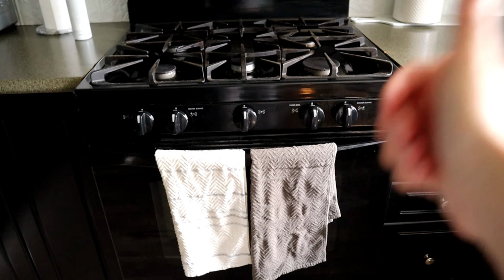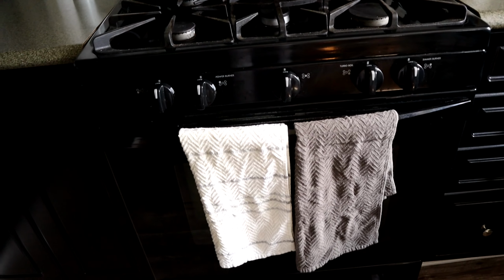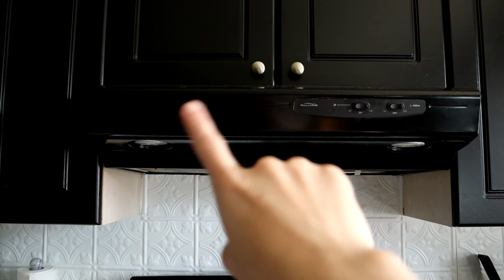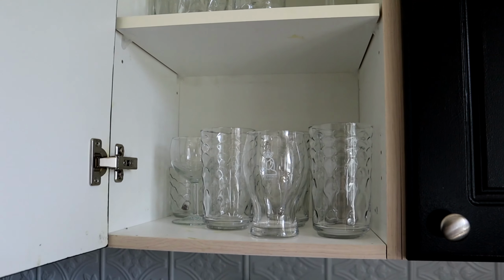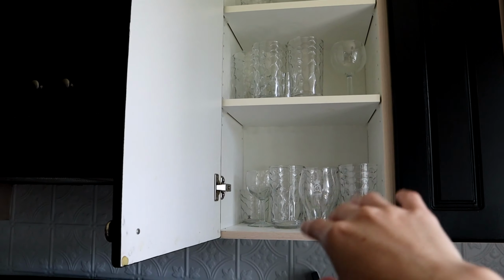There we go, a nice quick clean on the oven. I also switched the two tea towels. I should dust up. So now I'm going to move on to these cupboards because I used to have my mugs in here, where now I just need to put...